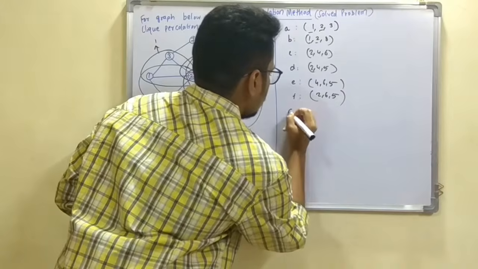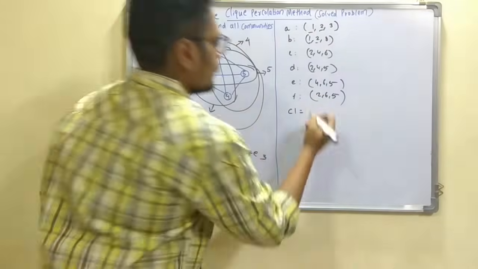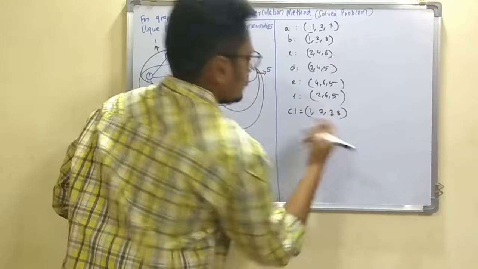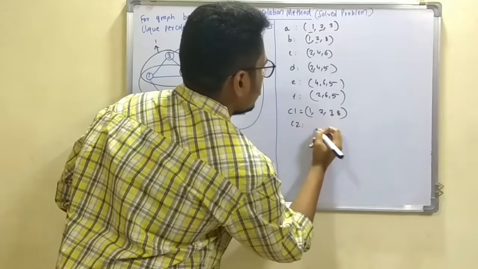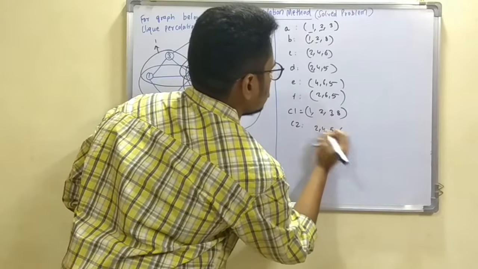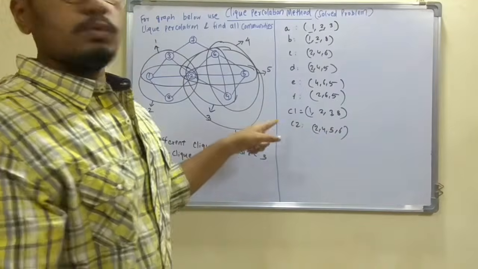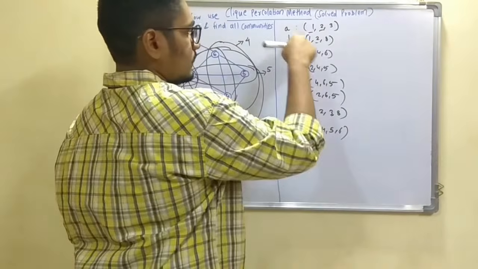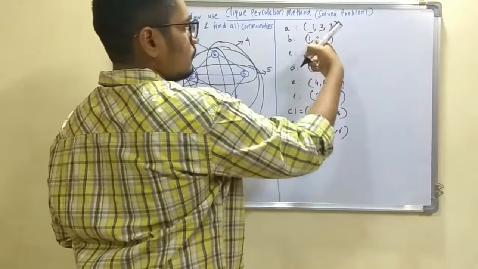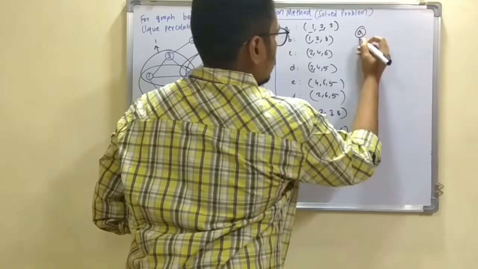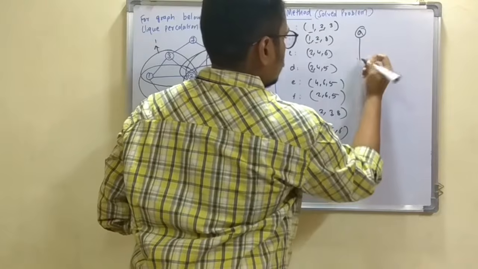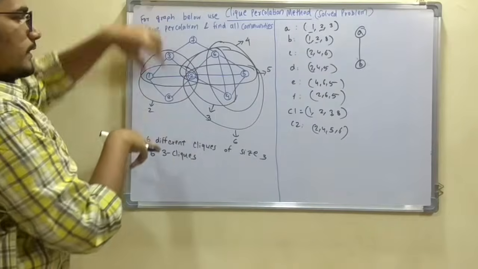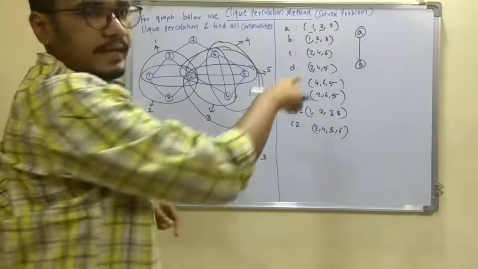Now what I will do is define one community. In this community I have 1, 2, 3 and 8, that is 4 vertices, and in this I have 2, 4, 5 and 6. So these are my 2 communities which are ready. Now I'm going to create a new graph. Since 1, 2 are common, I'll denote this one, that is A to B, as an edge. Since it is an edge common between these two upper and lower triangles, this is an edge.